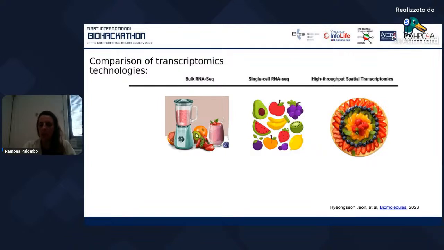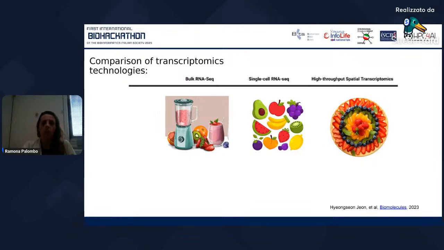For example, if I'm analyzing the differentially expressed genes in a tumoral mass, a tumor tissue, I can have some cells that have different patterns of expressed genes, and so I can detect just the average